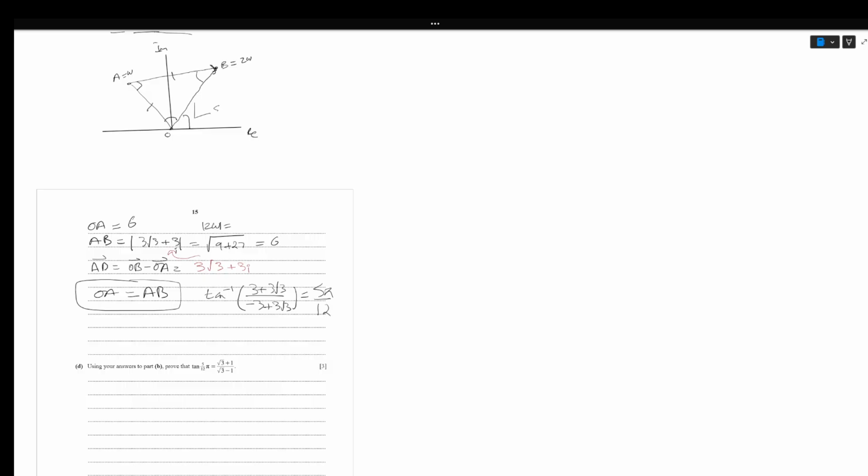So this is 5 pi by 12 and the total angle is omega का